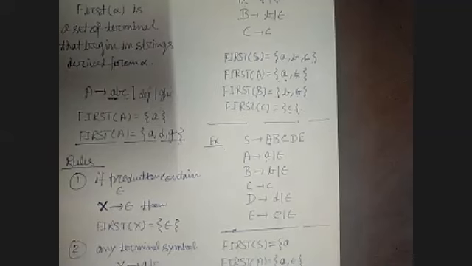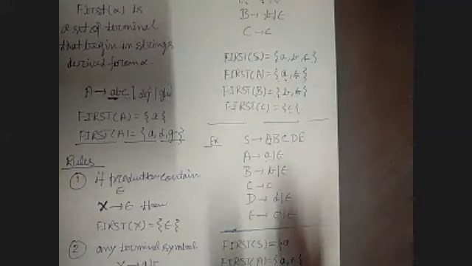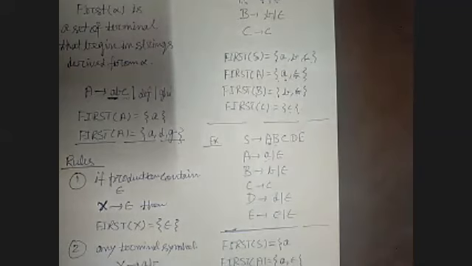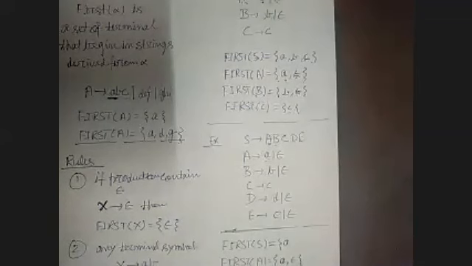If epsilon occurs in a non-terminal, we again check the next symbol of that production. If that symbol is again a non-terminal, we include its first also in the first of S. So in this part B, again B is a non-terminal. So first we find out the first of B. We check the production of B. B contains small b or epsilon. So again, b is a part of first of S.